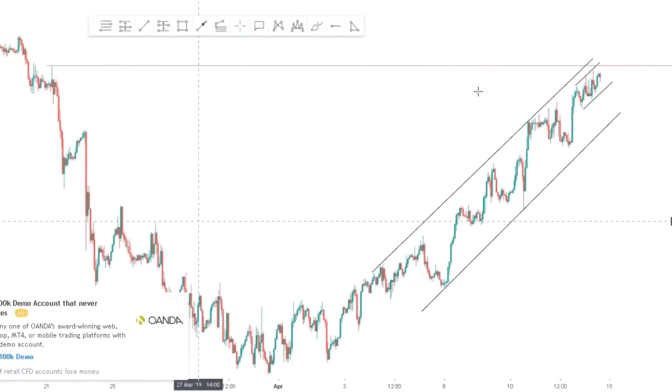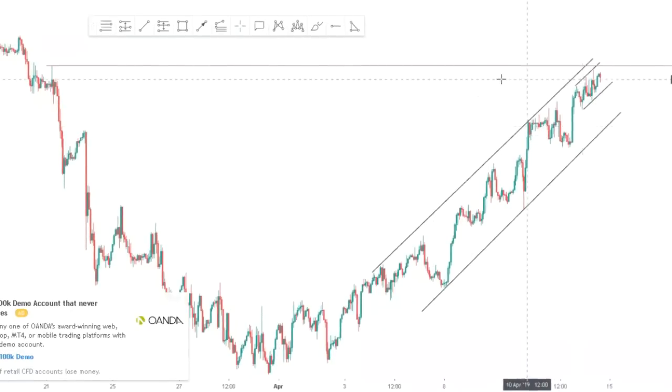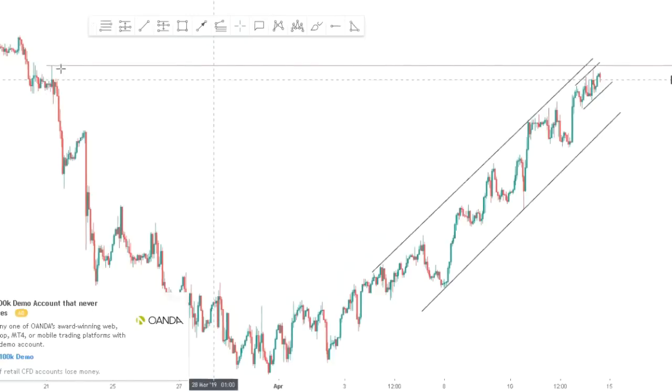Okay. Now I want us to take a beautiful look at the Euro Swiss franc. Okay. So now you can simply see that we don't normally use support and resistance in the manner whereby people use it. Because what a person would do is go all the way back and look for previous support levels and previous resistance levels and try to make future forecasts off of the previous things, which is not what we do. What we do is that we're using the most recent structure high or low, to be able to show us whether